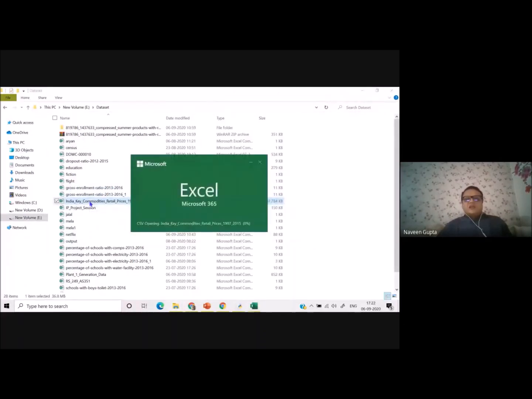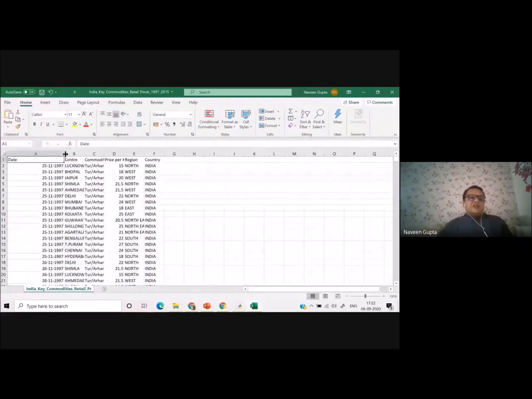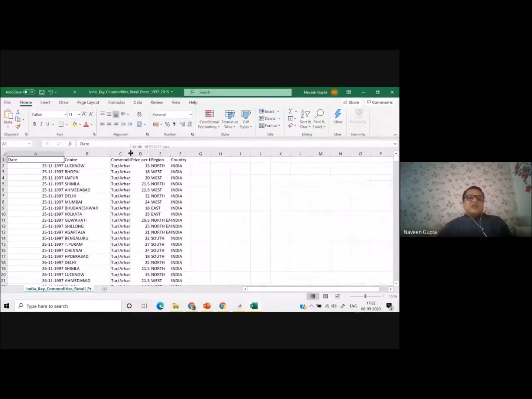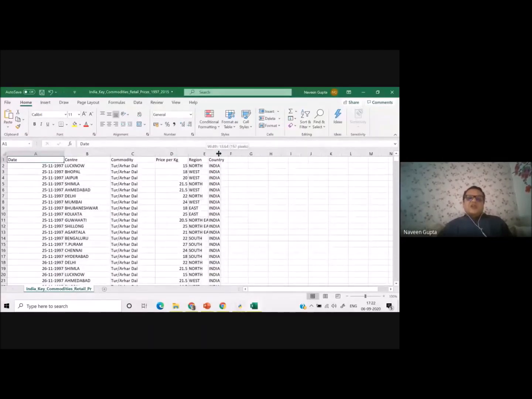I can open this. Again, a CSV file can be opened in two ways, either in Notepad or as a text file. So you will see this is the data which I have in the CSV. I can write analytics on this as well: which state, which city is having which commodity at which price, in which part of India.